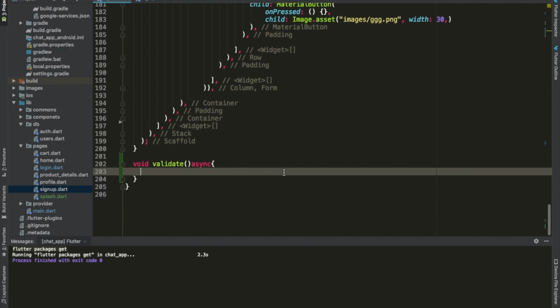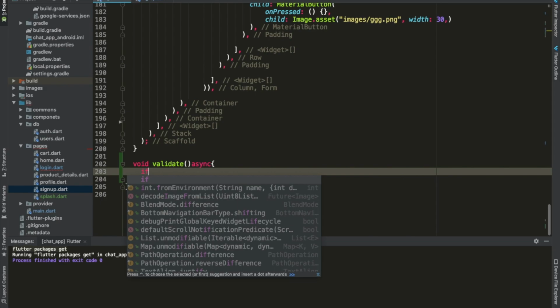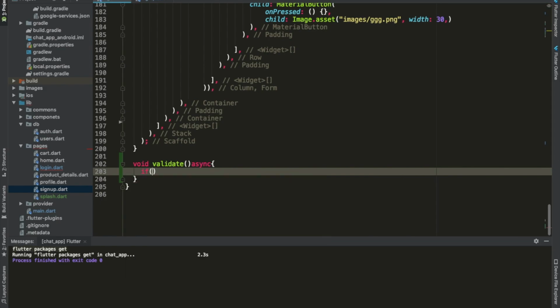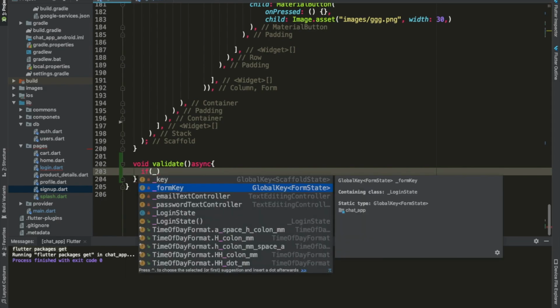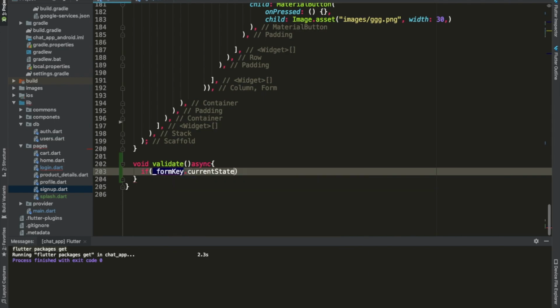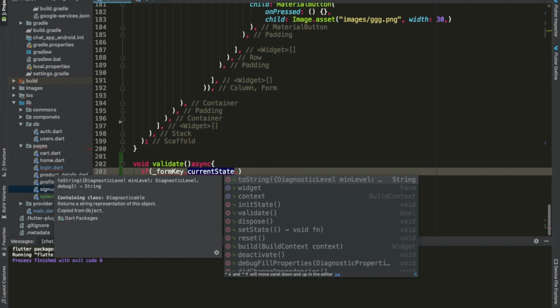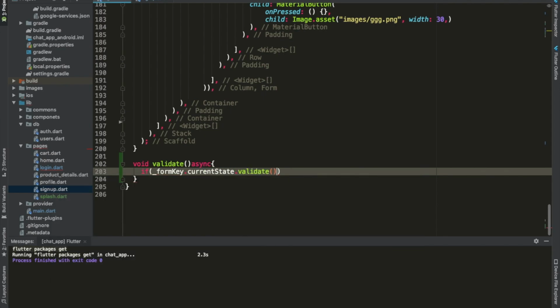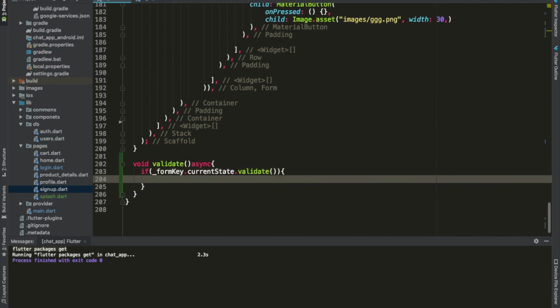And inside our method, we're going to check if our form key current state validates. So we want to check if our form is valid, and then if,